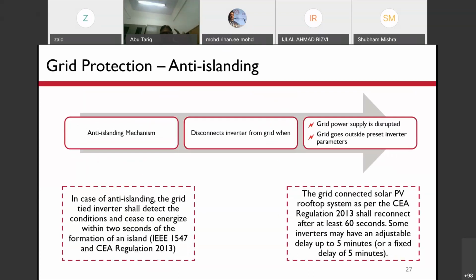This will be done not only when grid supply is disrupted, but also when the grid goes outside the preset inverter parameters, that is, within a range of say 20% of the rated voltage. If the voltage goes beyond that, the inverter should disconnect the array and isolate itself from the grid.